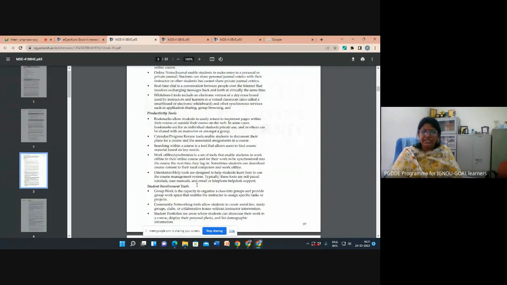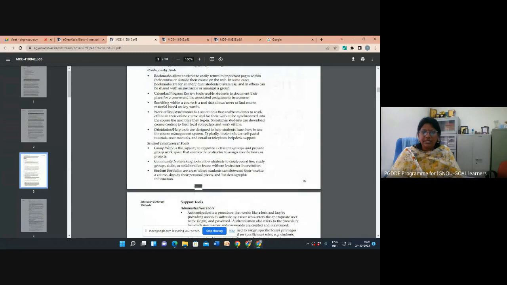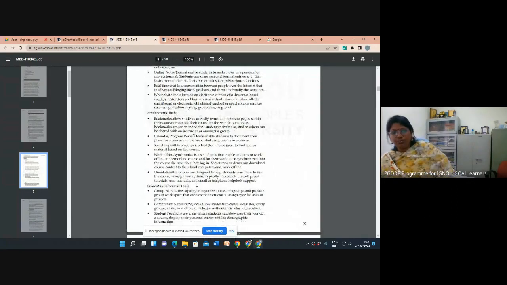And productivity tools, like the calendar, which helps us track the timing of when to submit assignments, all the calendar activities, and progress, whether you have to do it or not, and what the students have to submit.